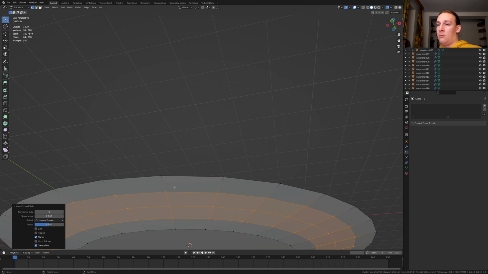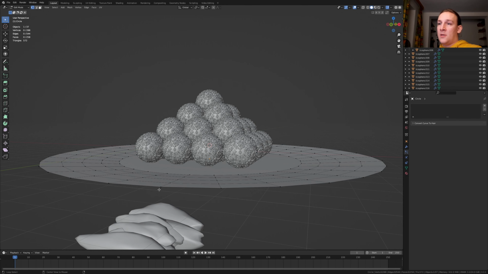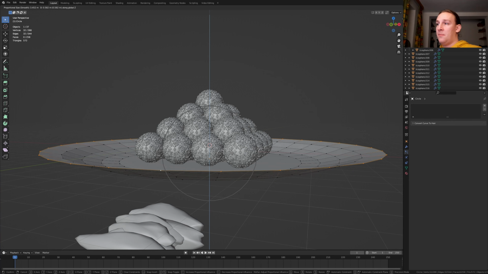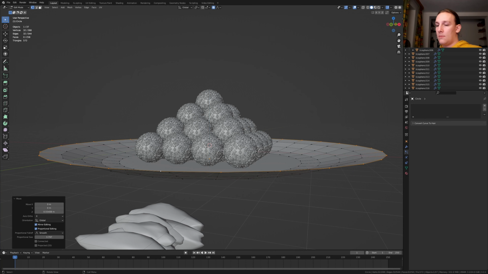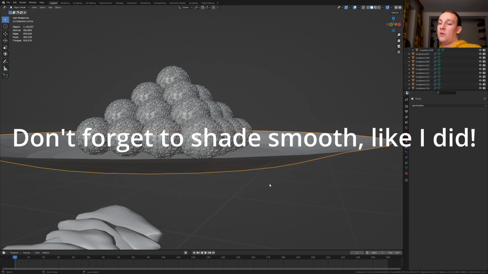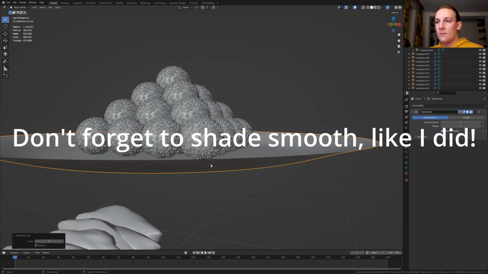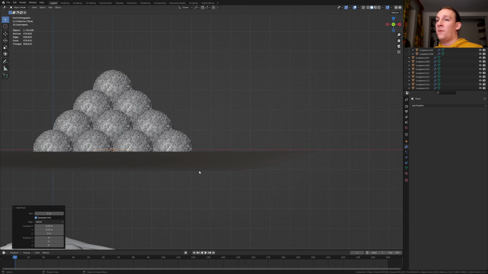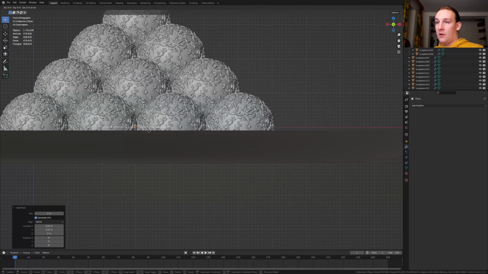And enter, right click, Alt select this edge, go to proportional editing and press G and Z and roll your mouse wheel to scale this up like this. Go back into object mode and press Ctrl 3. Hit Shift A again and add a plane, go into front view and move it down like this